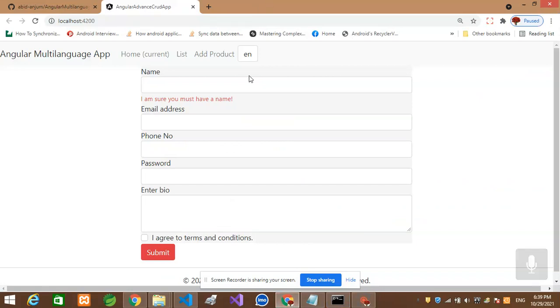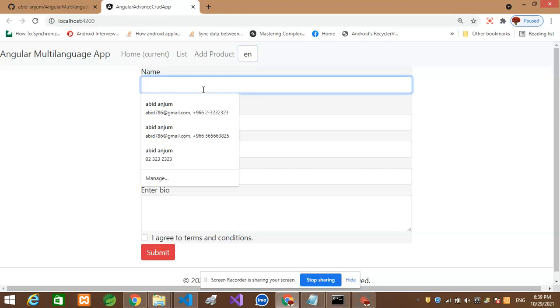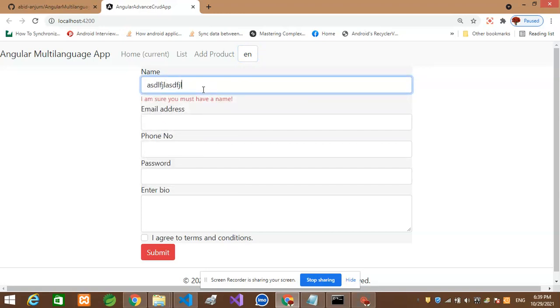Now if you see, this is our header and this is our footer and this is the internal body. Here the default language is English, which is selected by default. For English, you will see we are writing from left to right, and all labels are on the left side.